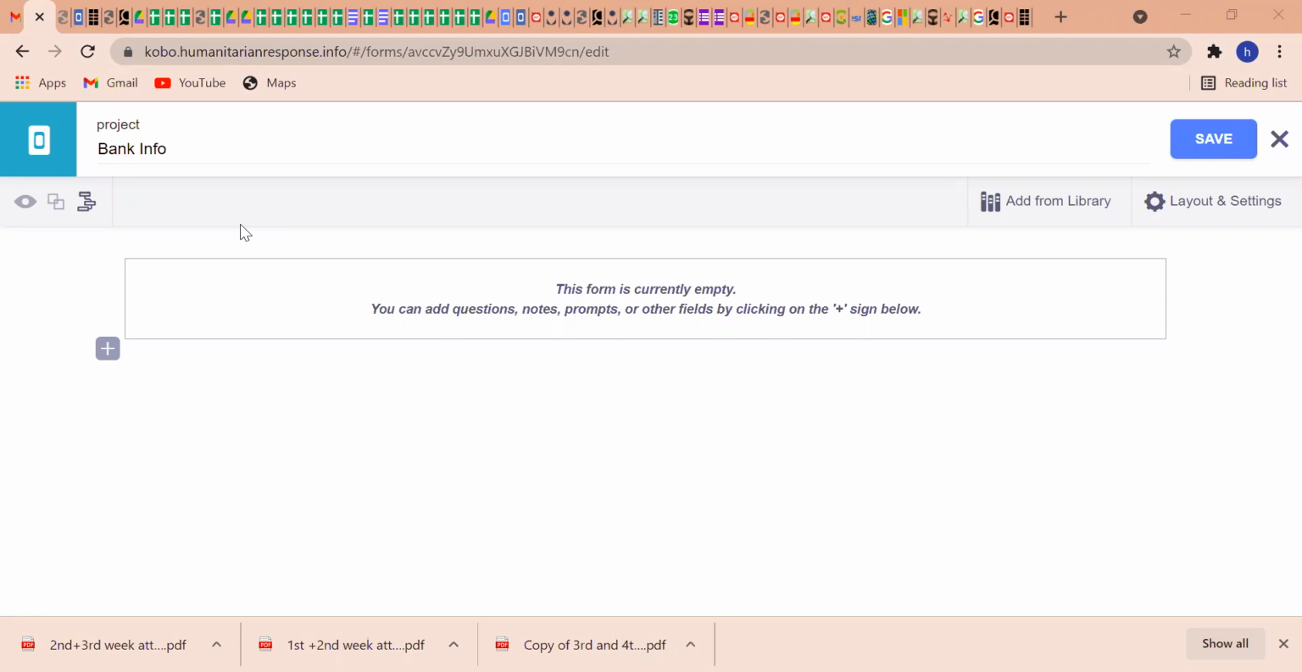So this simple one is like, I've created just a form to show how you can collect the information about the bank. You can create the form depending on what information you want to collect. Example,